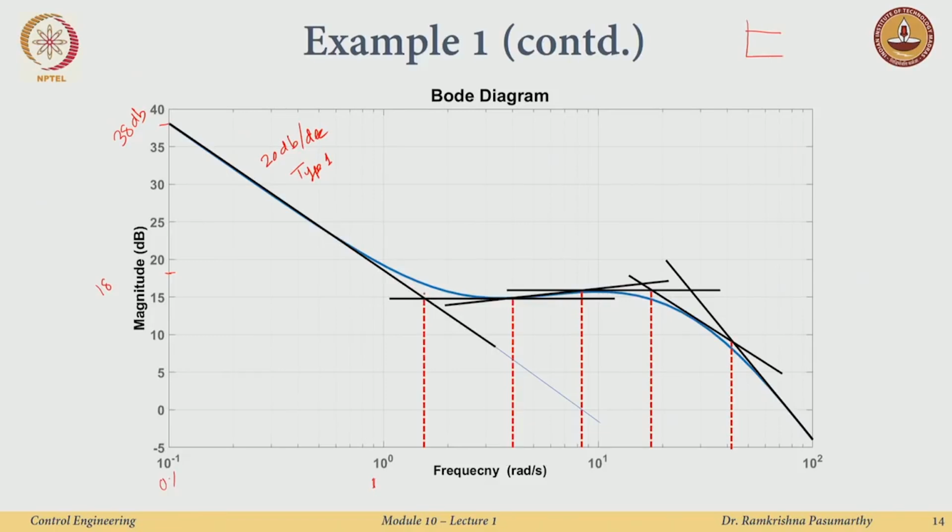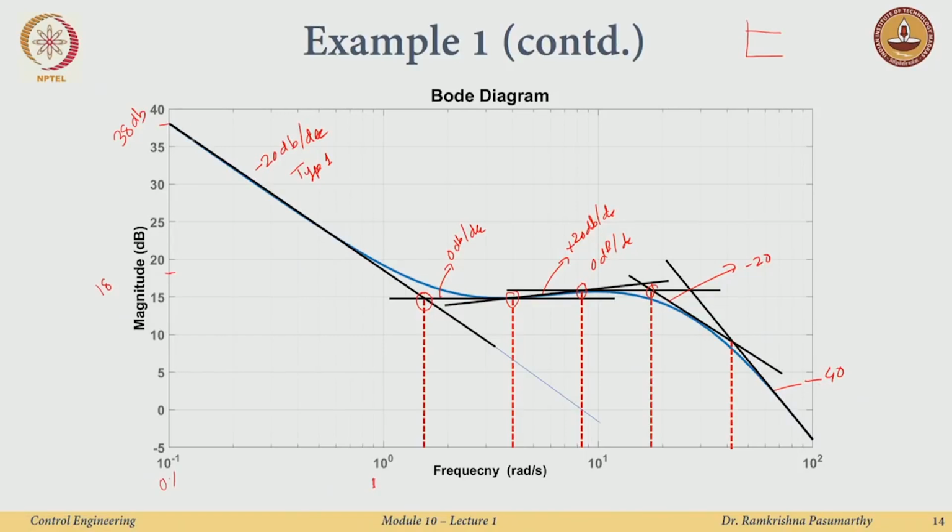So at this corner frequency, this is 0 decibel per decade, and I keep going, and at this corner frequency I am at plus 20 decibel per decade, and I go here, again at somewhere around this frequency, it becomes 0 dB per decade. Then at this frequency I am at minus 20, and here I am at minus 40. Okay, so